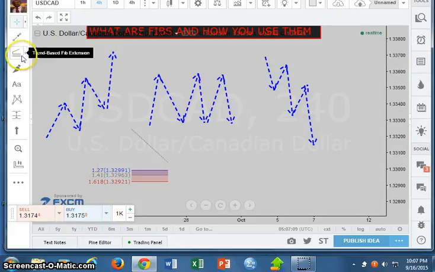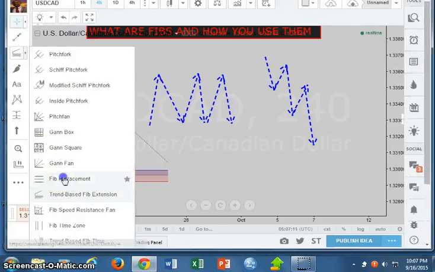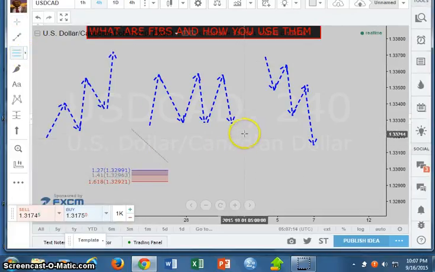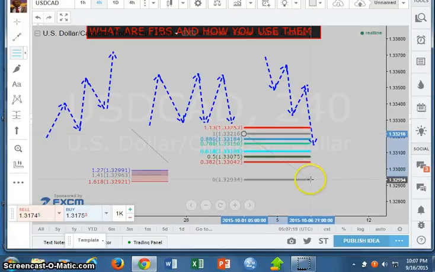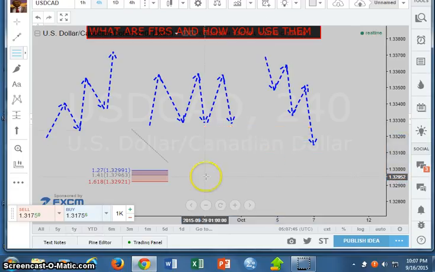1.618. The next important Fibonacci is the Fib retracement, particularly this one right here. The important Fibonacci ratios are your 0.382, your 50%, your 0.618, your 0.786, your 0.886, and your 1.13. Now those are the important ratios